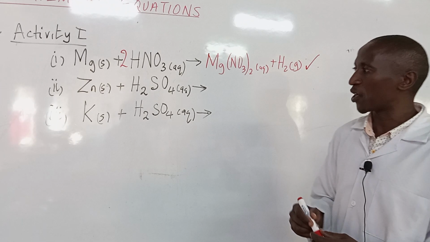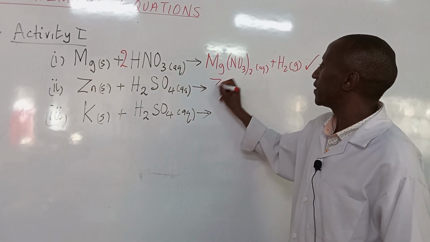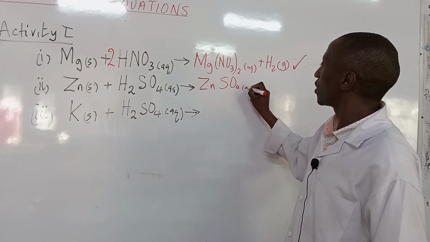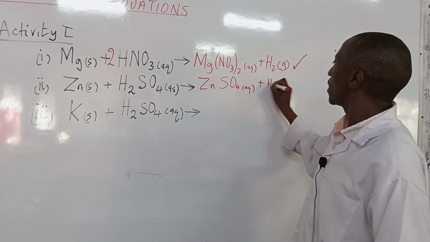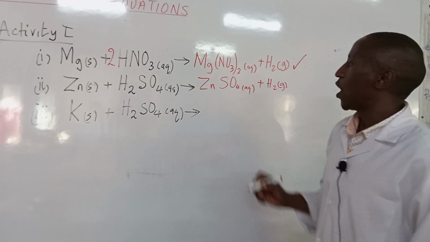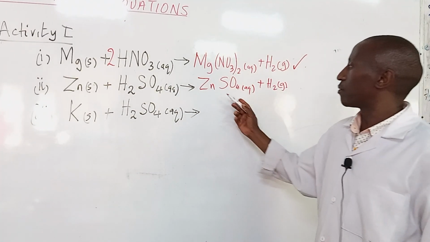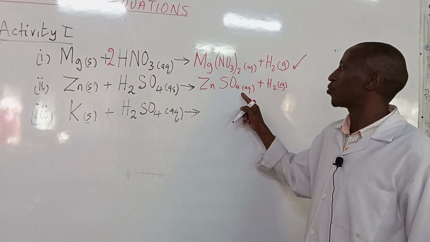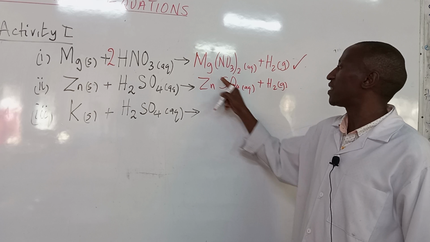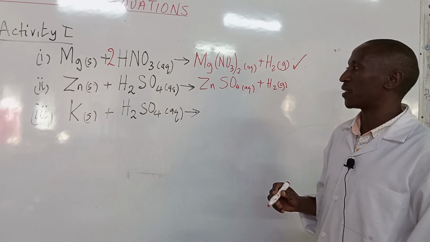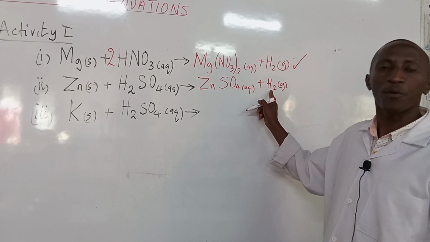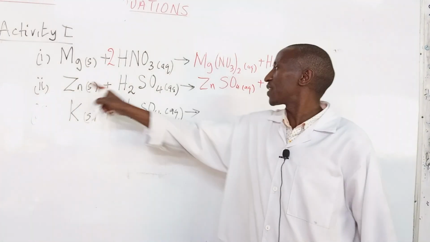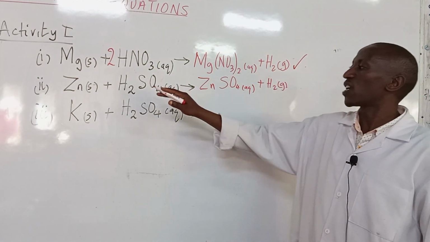Let's come to equation number 2. The product will be zinc sulfate, which is soluble, and there will be some hydrogen gas. Now, when we have the formula for zinc sulfate in this form because the valency of a sulfate is a 2, and zinc is a 2. So it is self-balancing. We have 2 hydrogen atoms on the product side and 2 on the reactant side. 1 zinc on the reactant side, 1 zinc on the product side. So the equation is